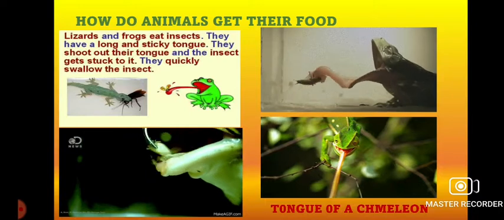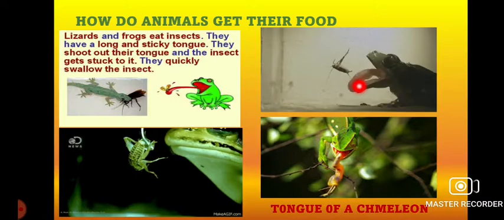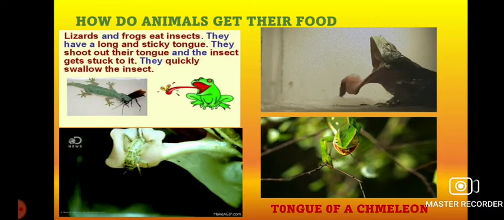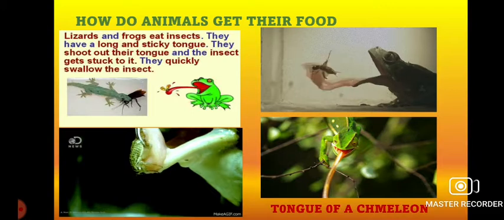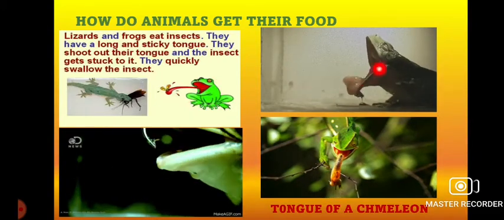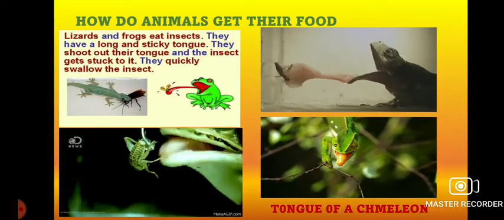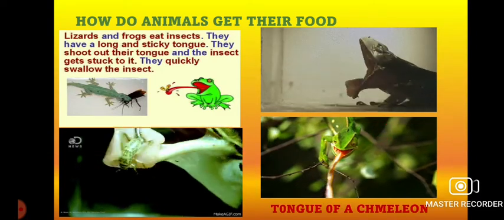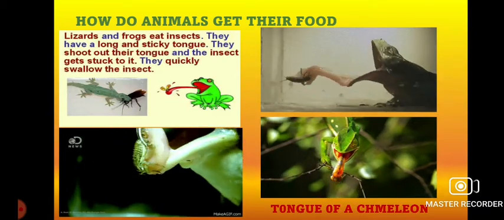And one peculiarity of their tongue is that the frog has the attachment of the tongue in the frontal portion. For us, we can see the tongue is attached at the back and the frontal portion is open. But for them, the tongue is attached in the frontal portion, so that it can shoot out the tongue and take the insect. Similarly we can see in the case of the lizard also. They also attract their prey and catch the insect in this same manner.